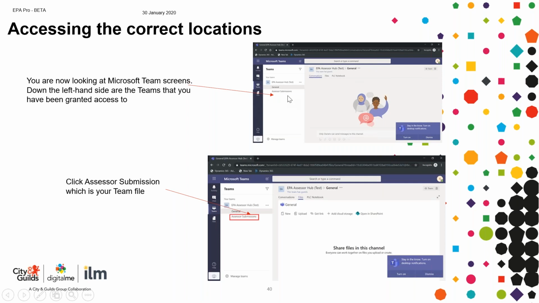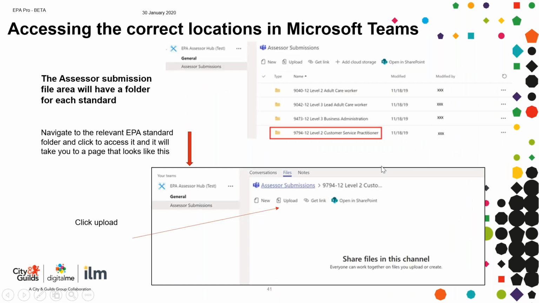So they would enter Teams through the link. They would see Assessor Submissions. They would click on that, and then it will show them which of the standards they can access. So those standards will be set up for the IEPAs, and they select the correct standard that they are uploading documents for. Select the correct standard and then click Upload.